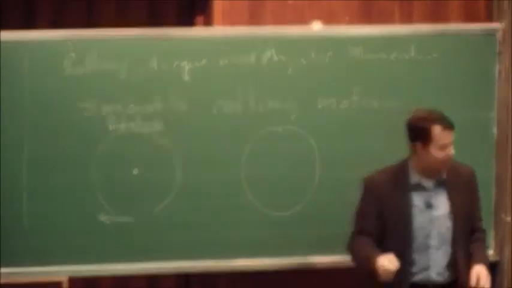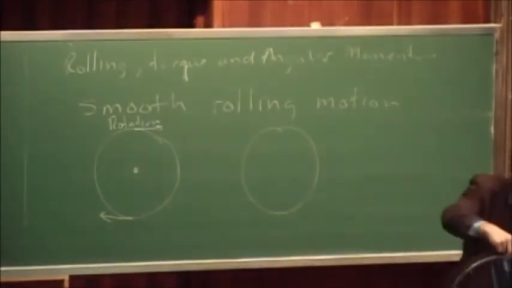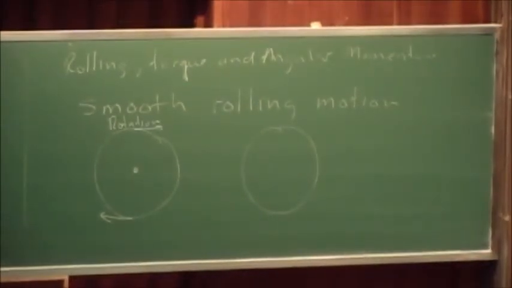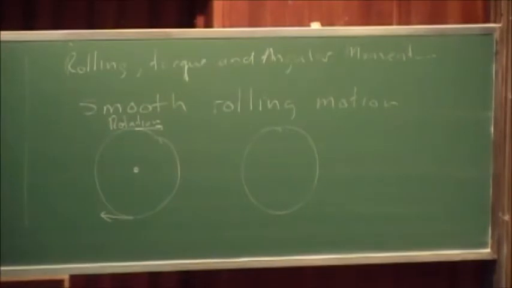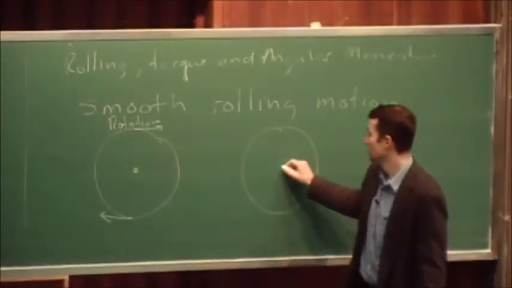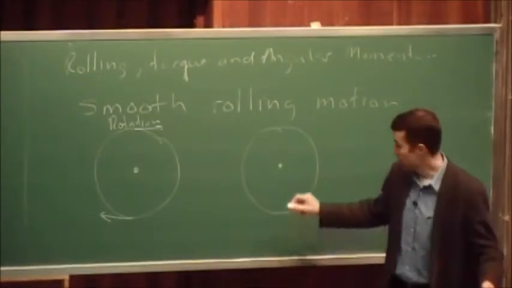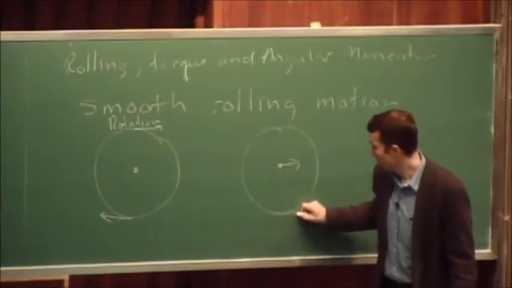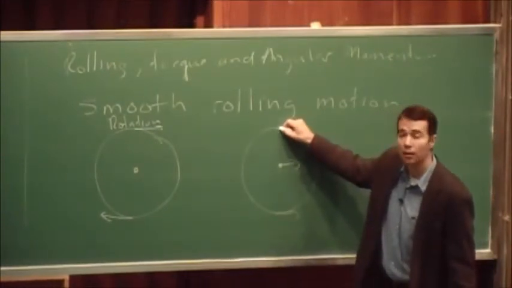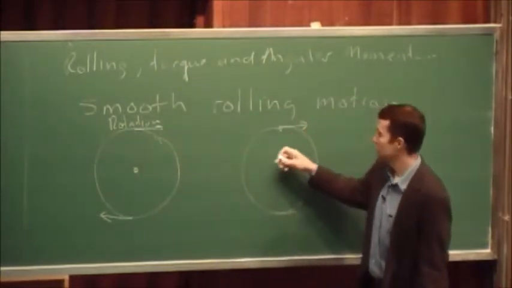So I take this wheel, and now I just go like this. What would that look like? What would all the velocities be here? What would the velocity of the center of mass be? Just going to be v, right? How about the bottom? Same, right? And how about the top? Same. Now if I take this rotation, add it to this translation,